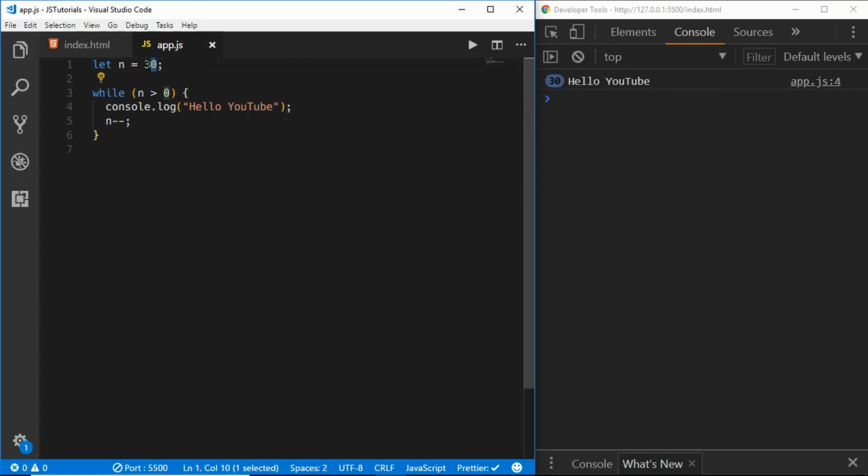So if we have n to be 0, and if I press Ctrl S, we can see that we get nothing because n is 0 and we are checking whether n is greater than 0, so this line of code will never execute. So if you want to execute this line of code at least one time, you have another loop called do while. So I'll just type do,